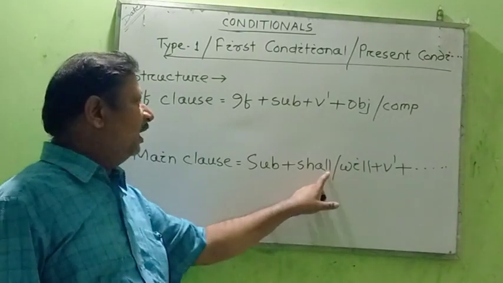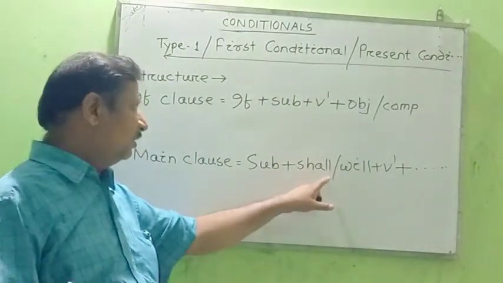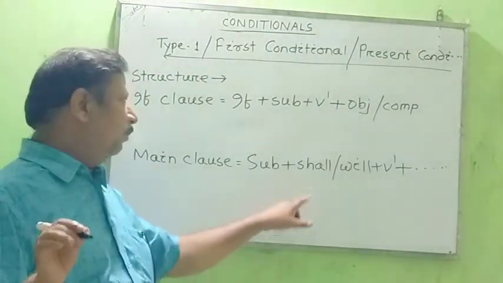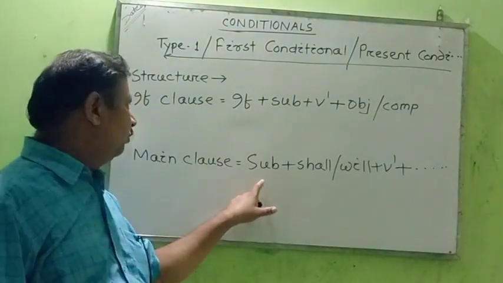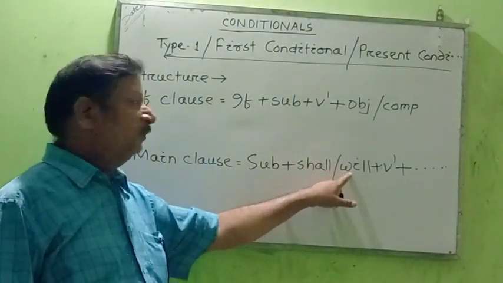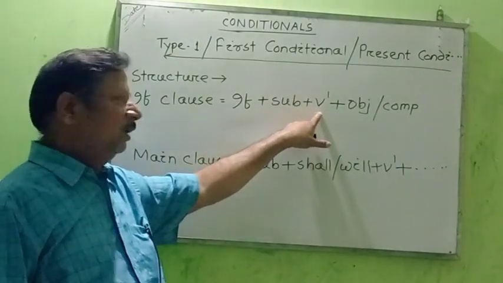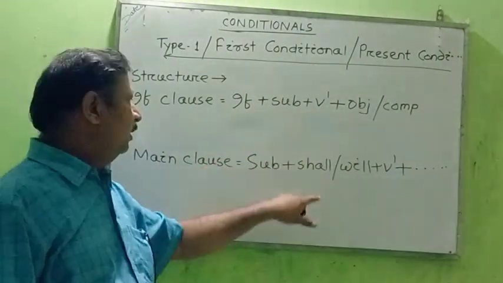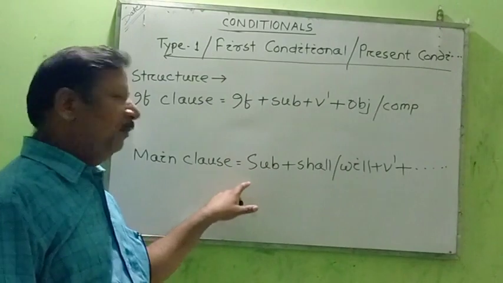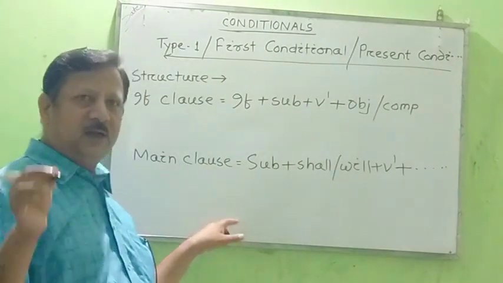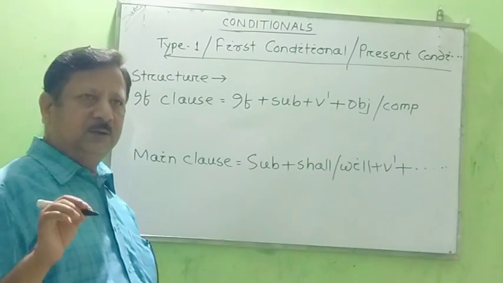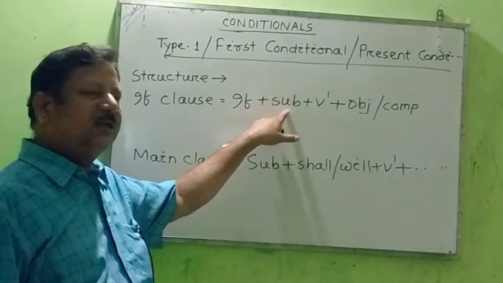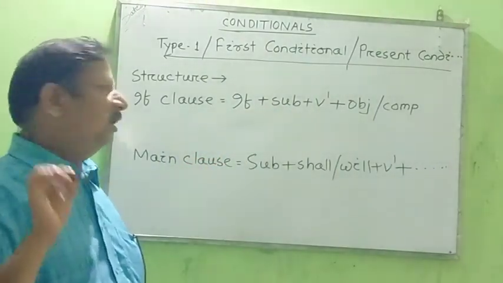Subject plus shall or will is not a hard and fast rule, or it is not strict. Rather, we can change. But for the basics, for the fundamental things, let you know that in the main clause we have to use subject plus shall or will. But in the if clause, we should not use the future time, the simple future. Rather, it can be used only in the main clause. Some students translate it from their local language to English, and at that time they write shall and will here, which becomes a mistake.